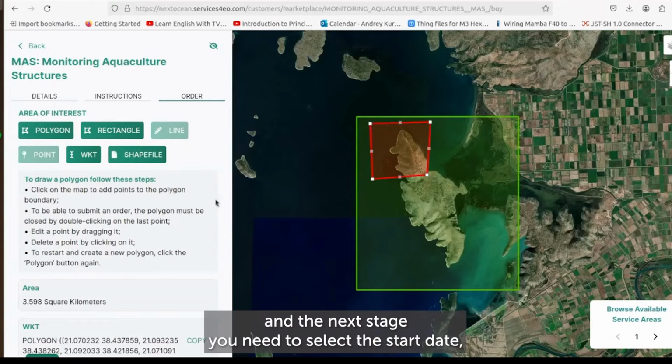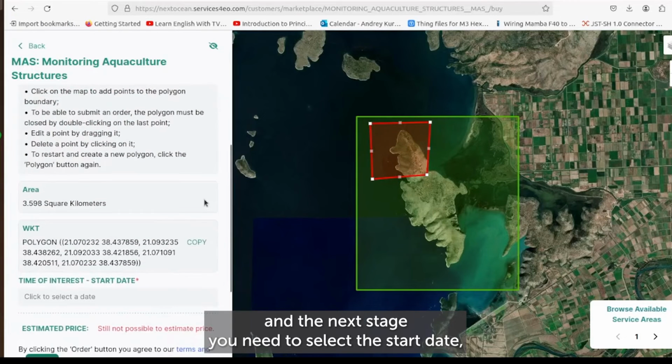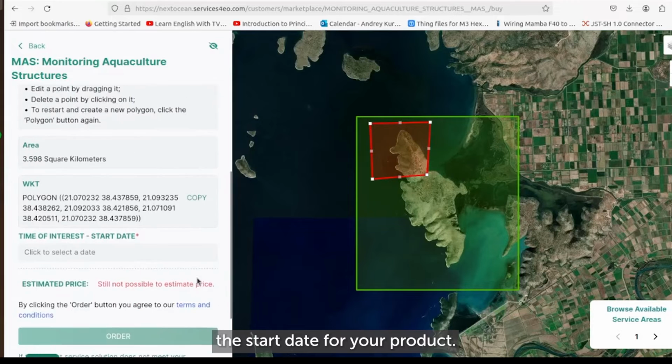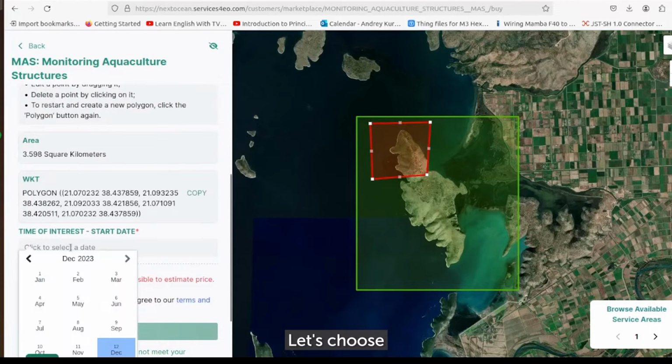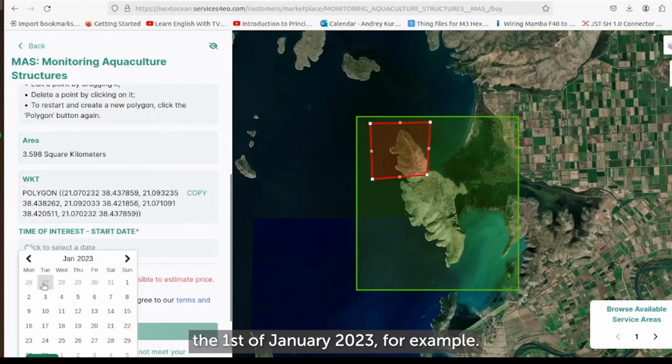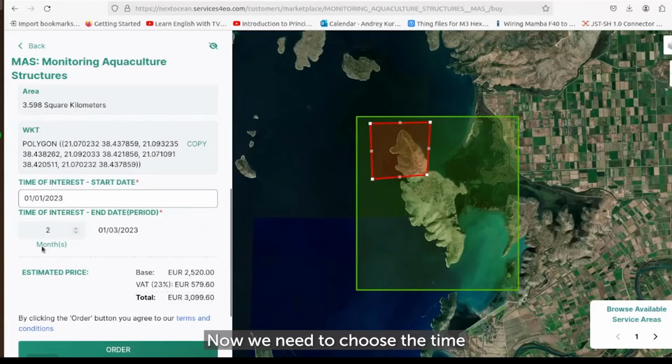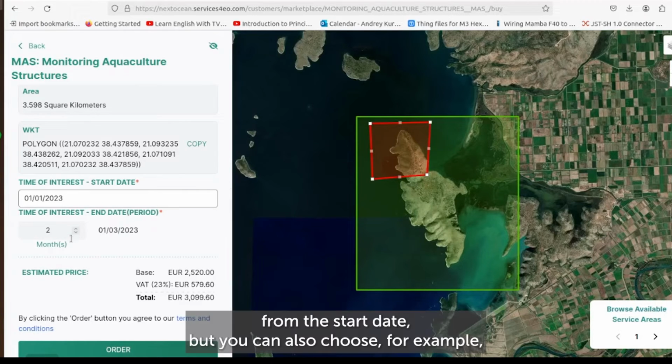Click again, and the next stage you need to select the start date, the start date for your product. Let's choose the 1st of January 2023 for example. Now we need to choose the time interval for your product. By default it is 2 months from the start date, but you can also choose, for example, 4 months, and